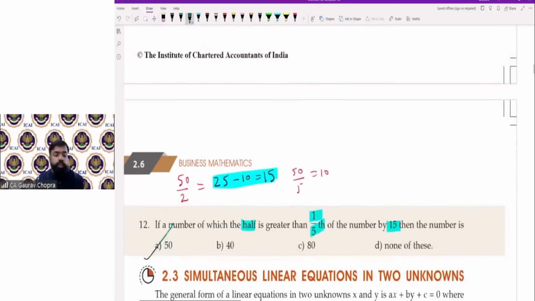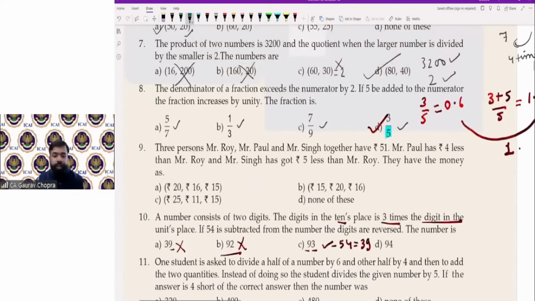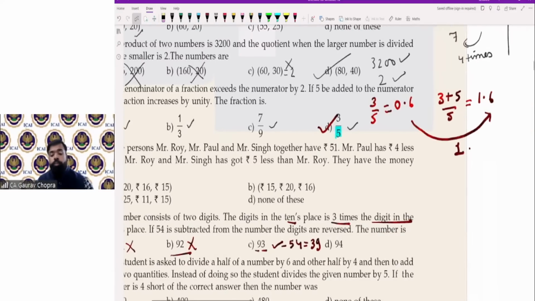Now some people are asking about question number 8 doubt. See, question number 8 में कंडीशन क्या है? सेकेंड वाली कि if 5 is added to the numerator, अगर हमने न्यूमरेटर में 5 प्लस किया तो नंबर यूनिटी से बढ़ जाएगा, that means नंबर 1 से इंक्रीज होगा। This is the requirement, ये हमारी रिक्वायरमेंट है। अगर 5 ऐड कर दिया न्यूमरेटर में, then the overall number will increase by 1।